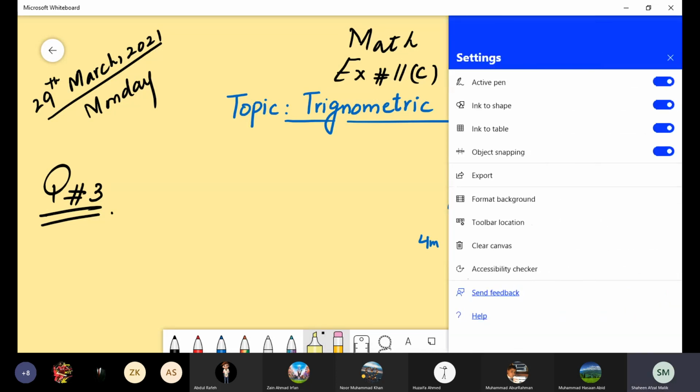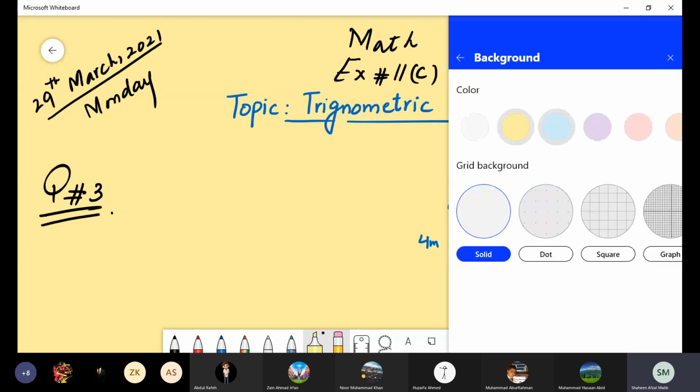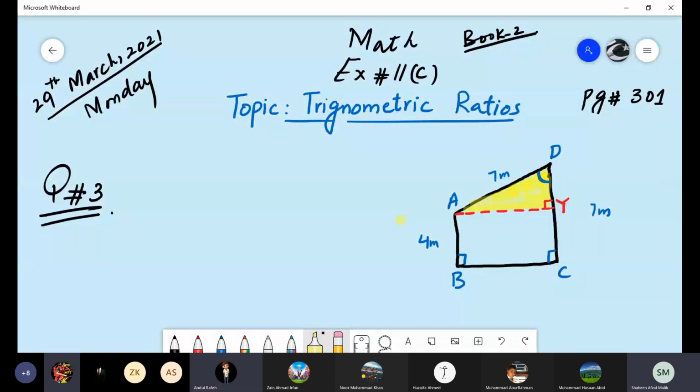If that part, let me change this color. This color is really not showing all the possibilities. Ma'am, but we don't know BC. We don't know the value, the length of DY and BC both. We will get, don't worry. Look at this one. We suppose that we draw a perpendicular from A to the line DC and we named it as Y. So AY is a perpendicular. So the angle, if you can see at this point, this angle AYD is also 90 degree, as this is a perpendicular.